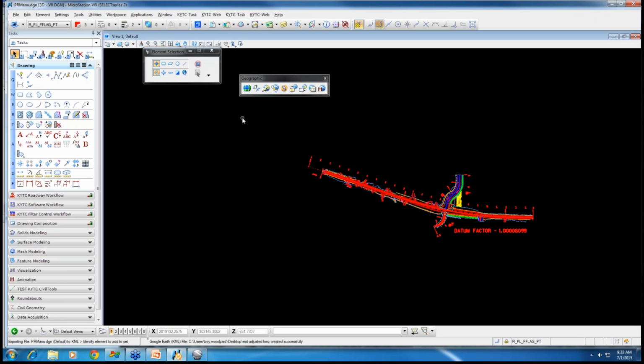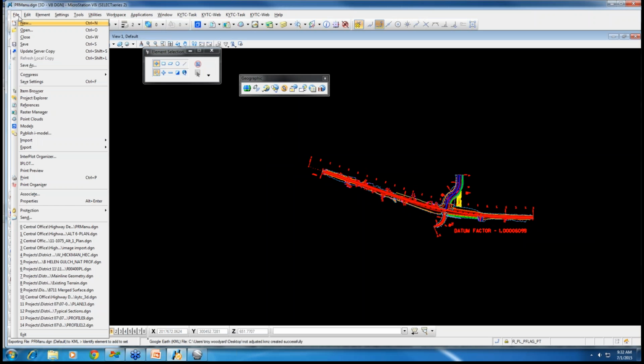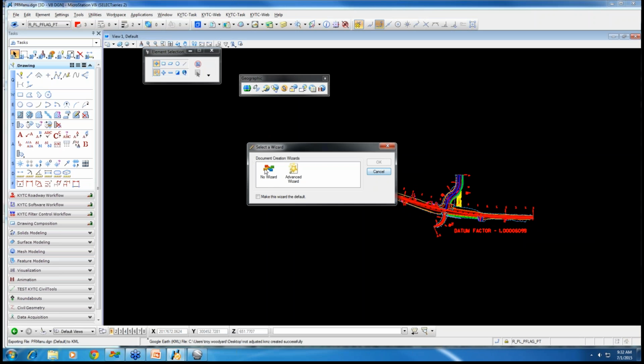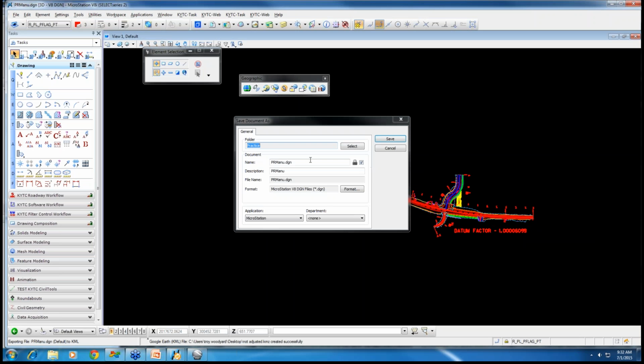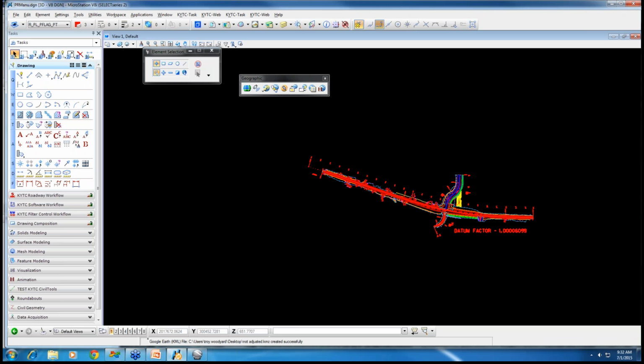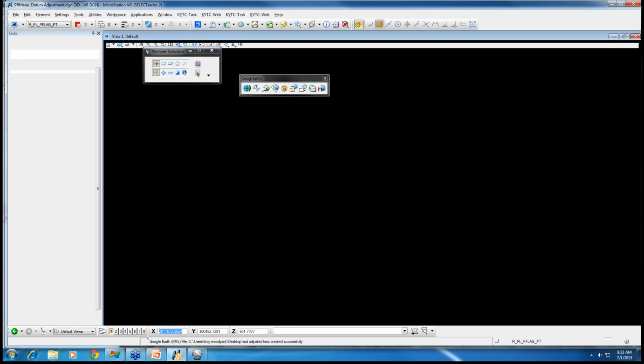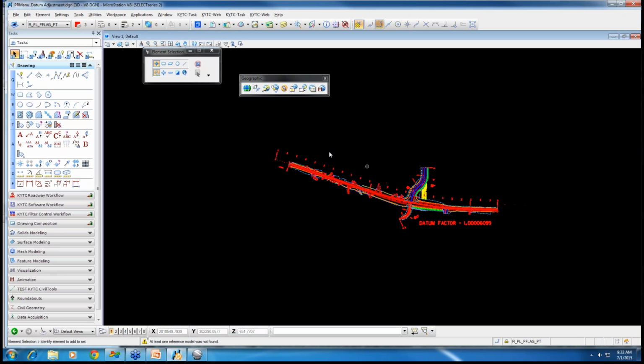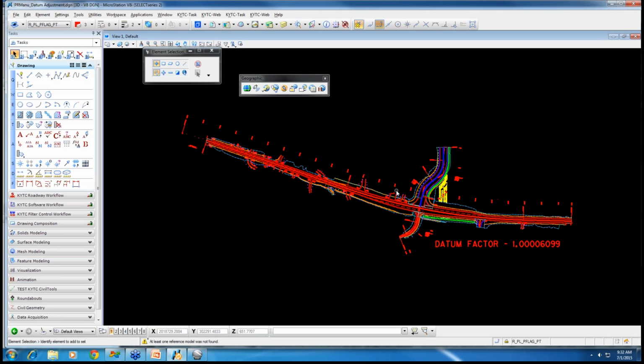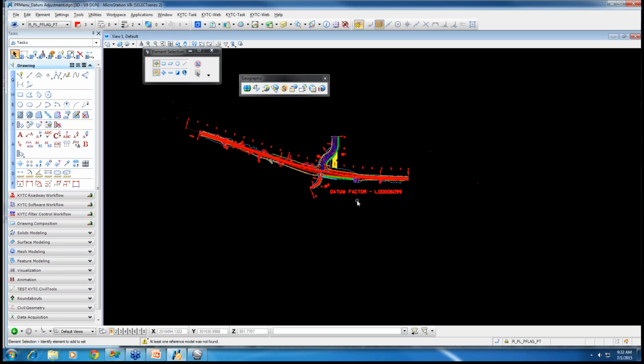So the first thing I would do would be to save this so that you don't screw up your good data. So we'll call this PR menu datum adjustment. So I've got the adjusted file open so I can mess this up without fear. So what I'm going to do is Control A to select all,